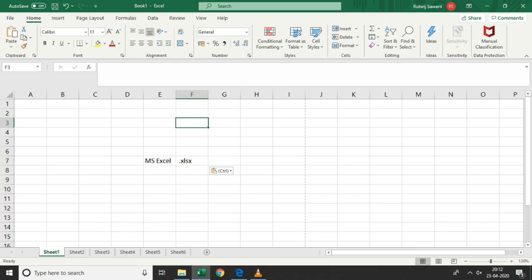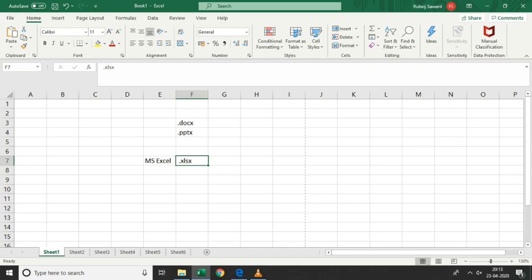So, do you remember what file extension we use in MS Word? The file extension used is .docx for Word. For PowerPoint we use .pptx. Okay, and for MS Excel we use .xlsx. So with the help of this extension name we come to know which program file type you are using within your computer. Okay, so this is the file extension name that you get when you save your file.